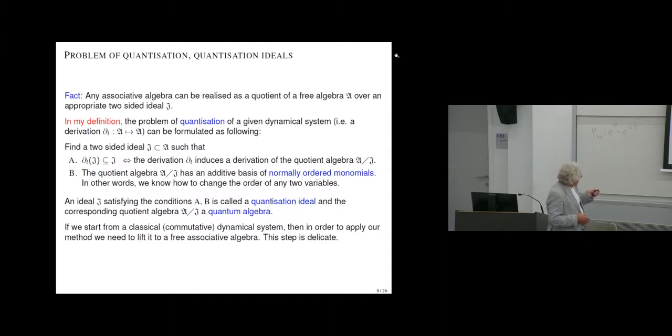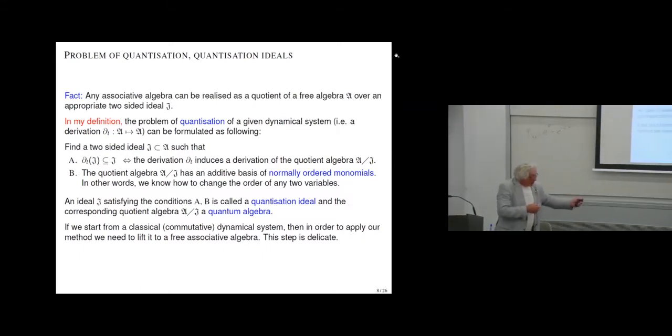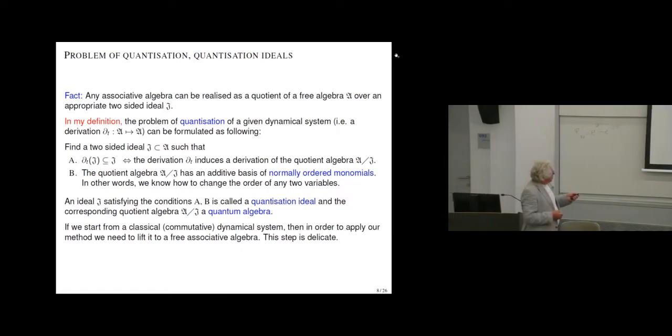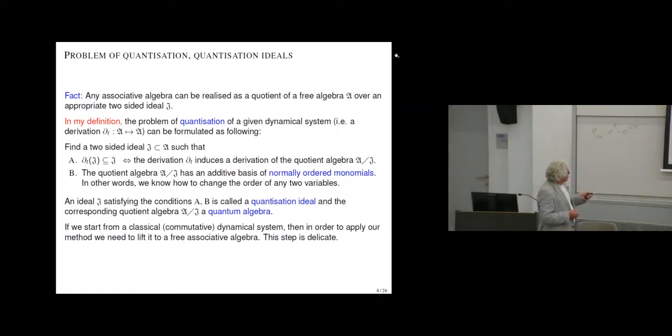What we want is that our ideal is stable. So if we differentiate any element of the ideal with respect to our dynamics, we are still there. So if your commutation relation is zero, it is satisfied for every moment of time, simply speaking. So that is one property, and this property is absolutely essential to reduce our system.